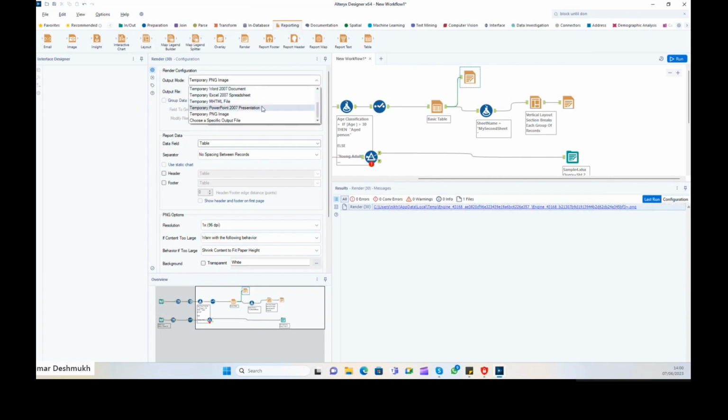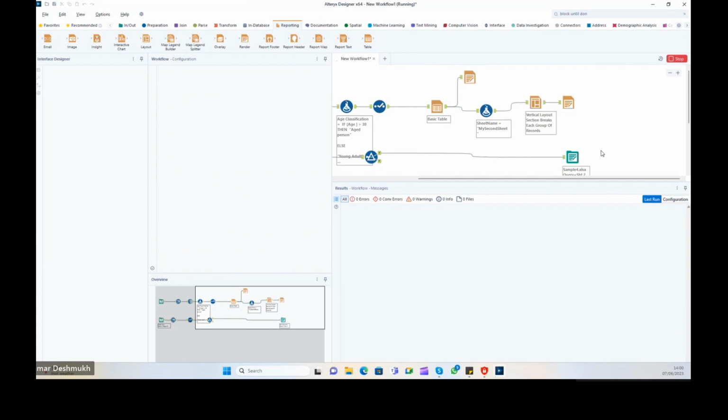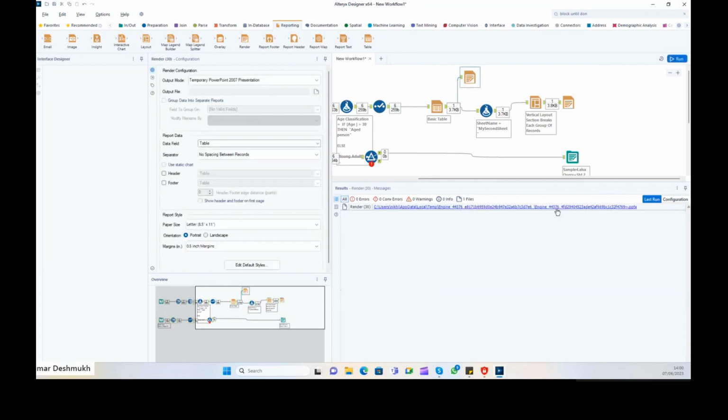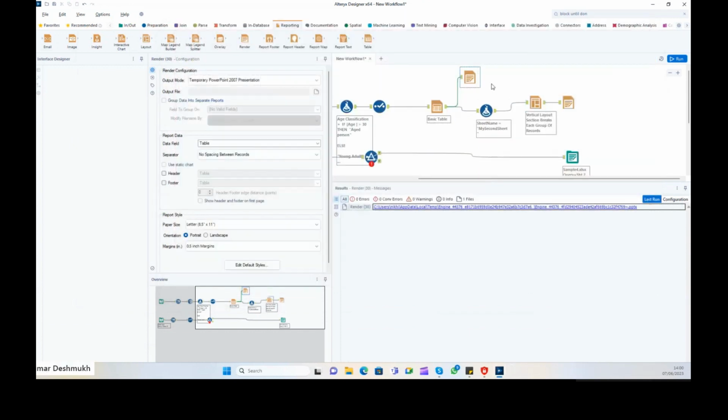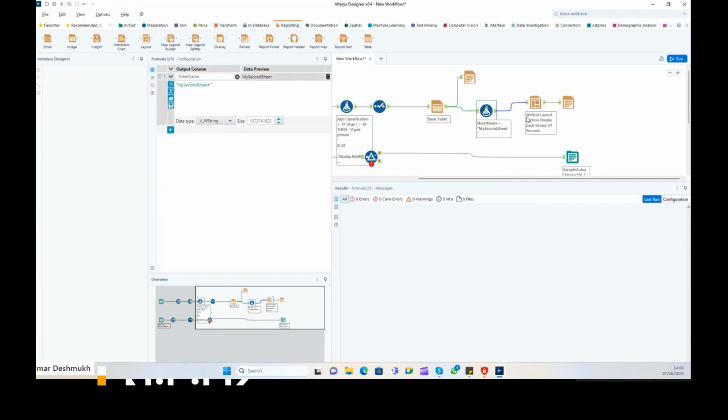Next, after PNG, we can create a PowerPoint presentation. So these are all we can do with the Alteryx render tool, and we can customize it with the